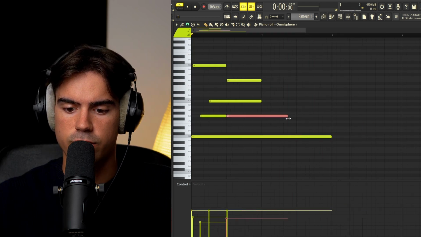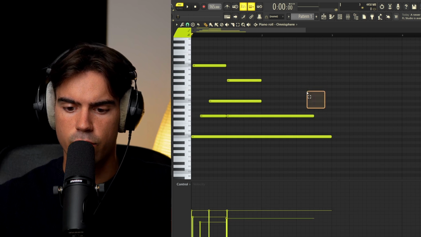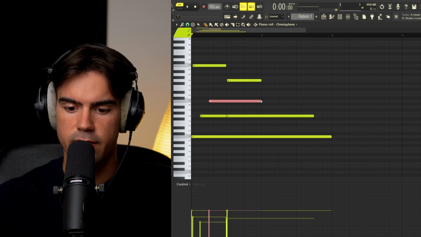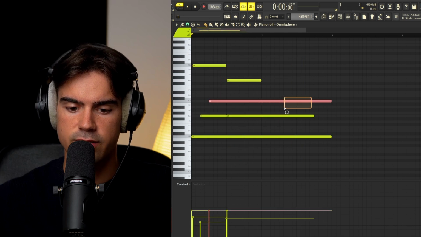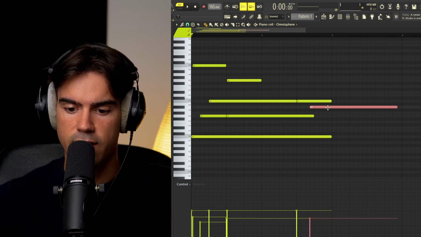And from here, we can also extend this out maybe right here or here. We definitely want to add some more notes towards the end of the second bar or kind of the whole first bar that we have right here. And then I'm going to try to keep this note consistent as well. So let's just cut that right there. Keeping these notes consistent, since we are already having 2 playing right here, we can maybe add that one towards